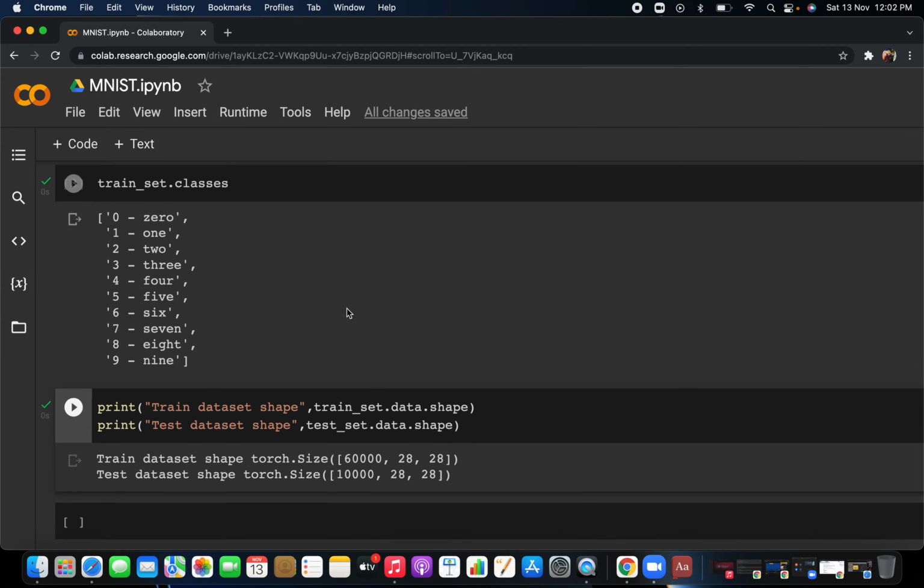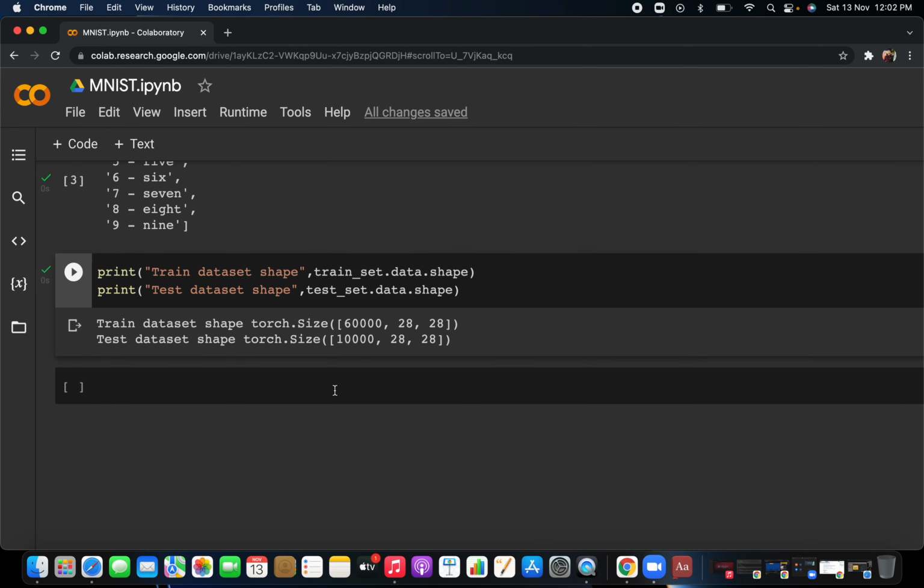Now the third thing: you have just downloaded the dataset, and now we have to move on to another step, which is the train loader. What is the function of the train loader? Why are we going to use it, and why is it such an important concept? I already explained this about the train loader. Whenever you want to divide any dataset into batches, you have to go for the train loader.